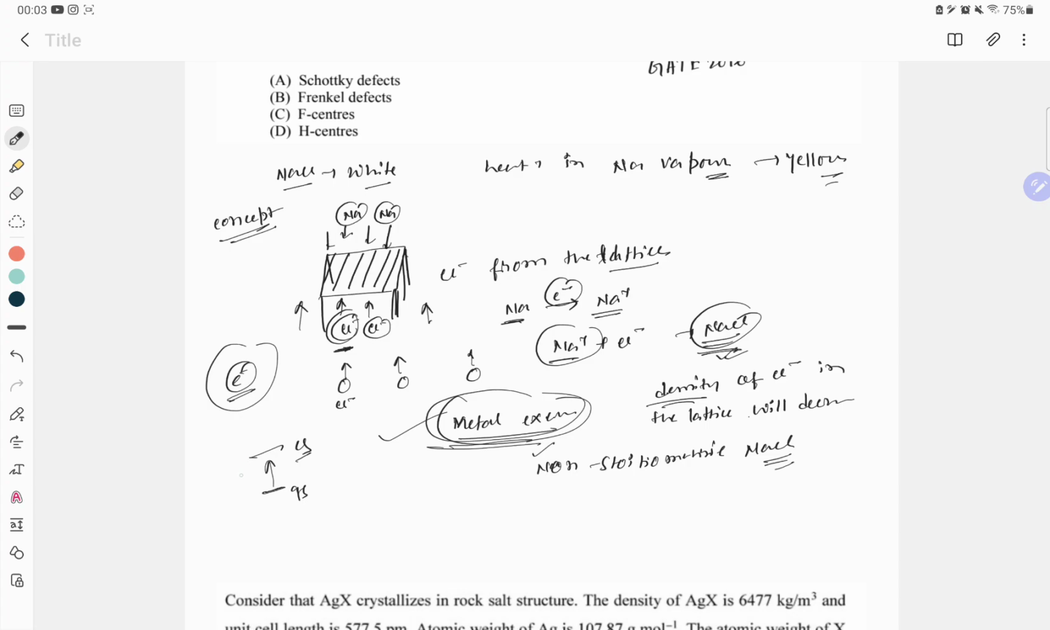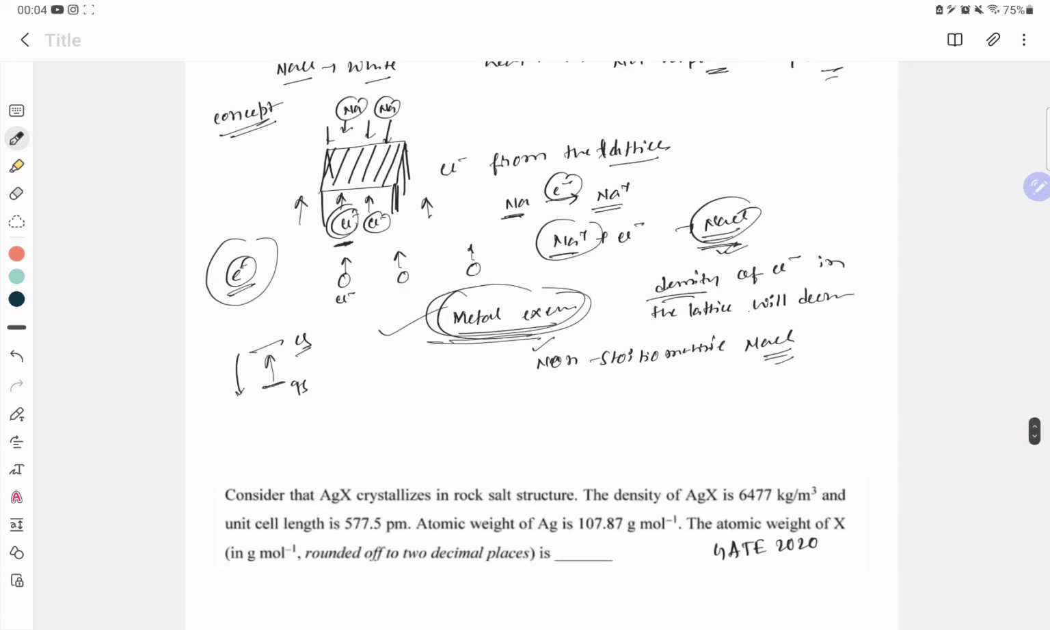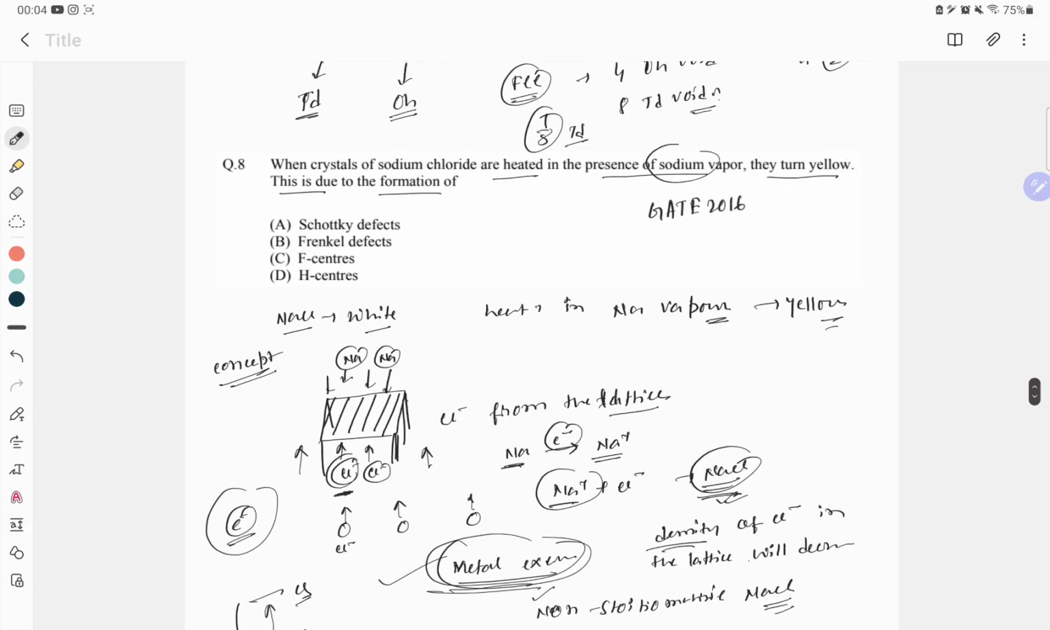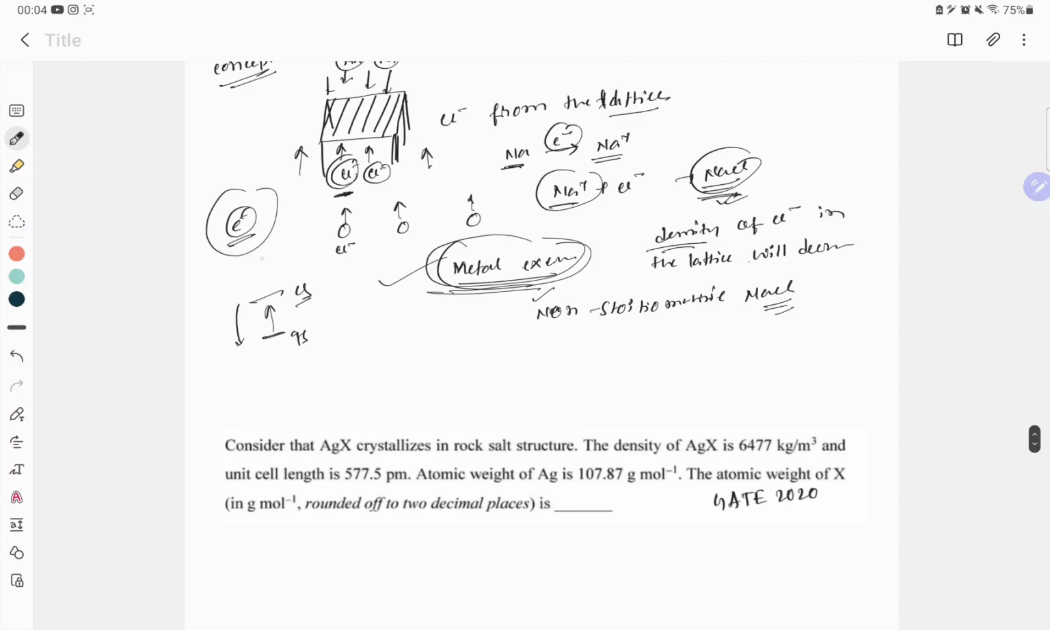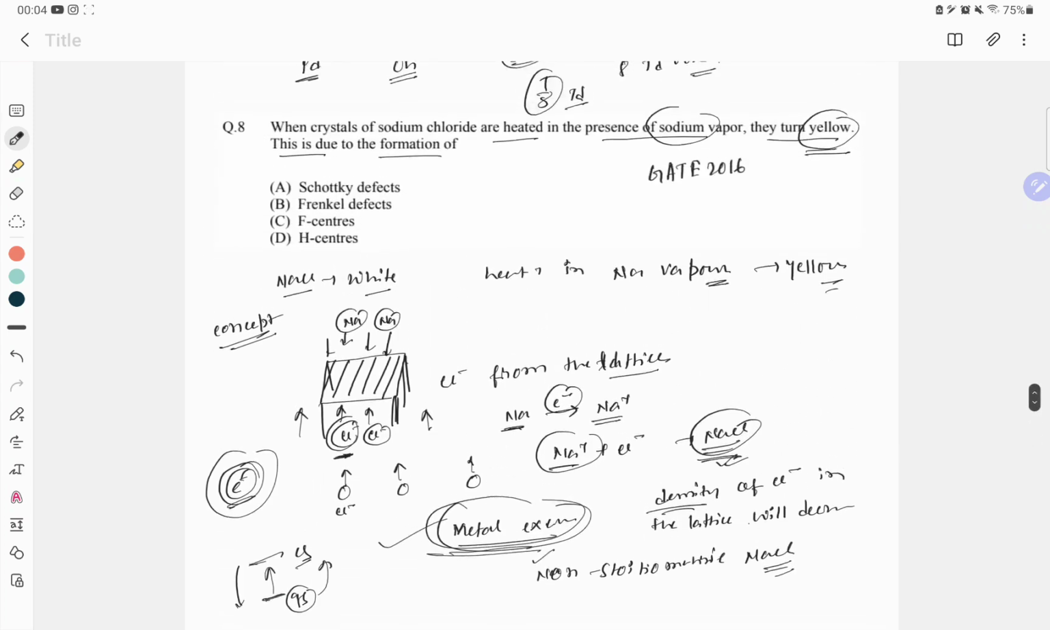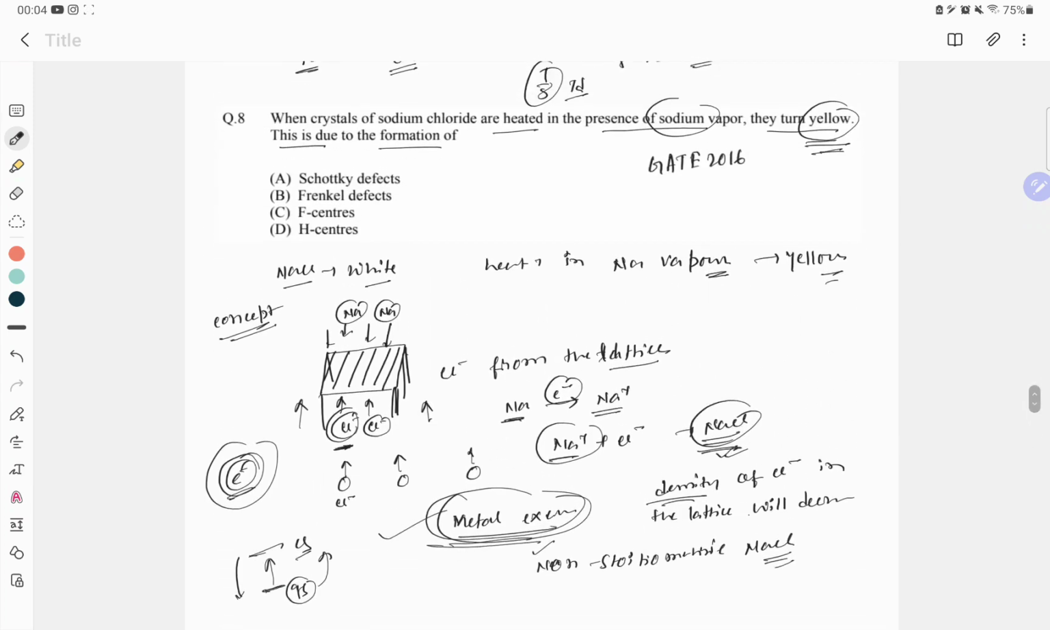Then again, when it comes from excited state to ground state, it will emit some energy that comes as a yellow light. So from the heat energy, this electron absorbs some energy, goes from ground state to excited state, and then emits the energy and comes from excited state to ground state. That emitted energy will come from the lattice as a yellow light. So